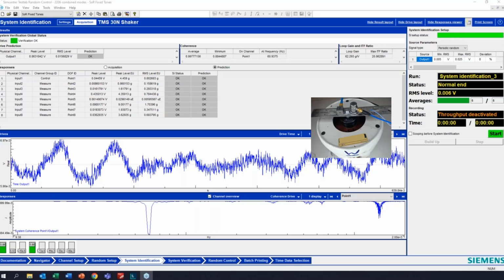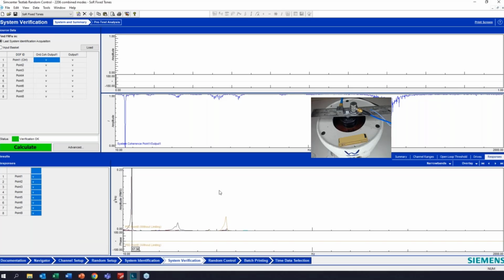All right, so we have our self-test done, and we can go into system verification. The system verification is pretty neat because I can put up my responses and I can see what they're going to do. So for instance, I can see I'm going to have a big response with this PSD here, which is 0.6.